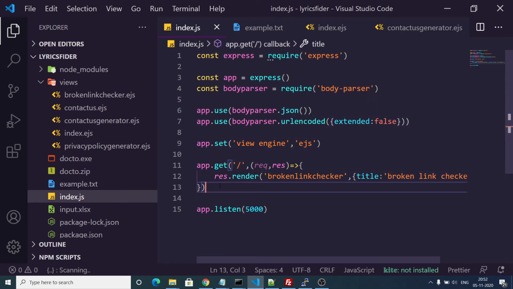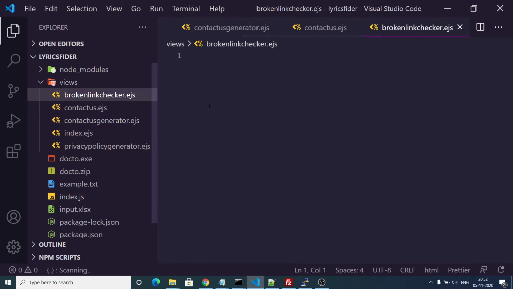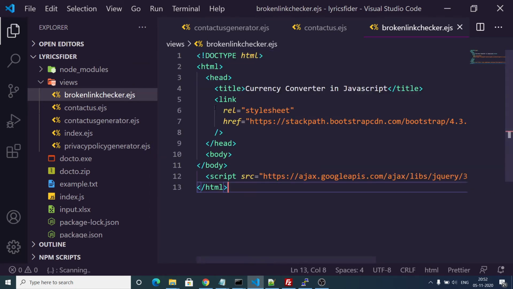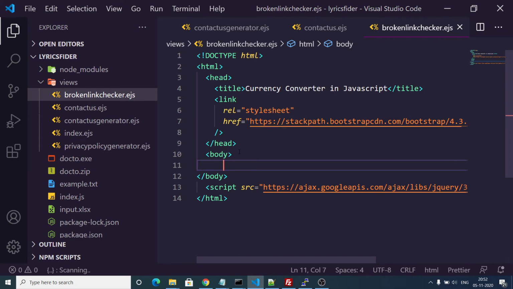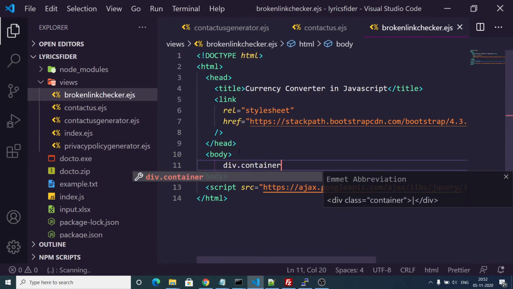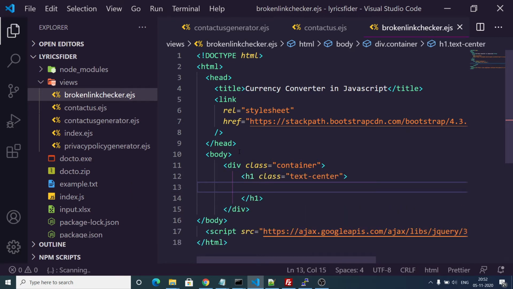After this, guys, if you load the application, I have already made my views folder, and inside this I have this broken link checker file. For making the interface, I will use some Bootstrap, and inside this I will use the container class of Bootstrap. Inside the heading I will give the text-center class, and this will simply be broken link checker.